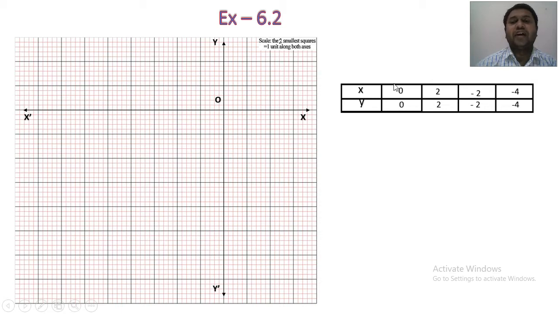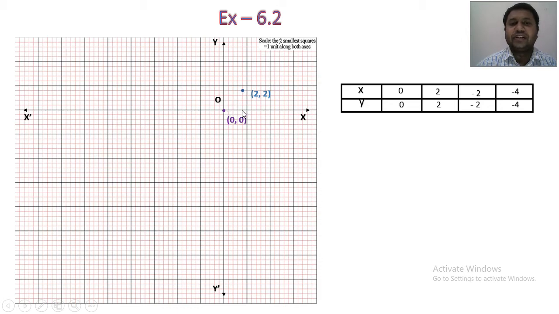So the first quadrant, you can see here 0, 0. So here I take two small squares equal to 1 unit along the x-axis. So this is our 0, 0. That is the origin, you know, where the x-axis and y-axis intersect, that is called the origin. So 0 comma 0 is there, x value 0, y value is 0. Then 2 comma 2, you can see here this is 2 comma 2. So what I am writing here, just look at here, 2 small squares. So 1 and 2, this is your 2 and another 2.